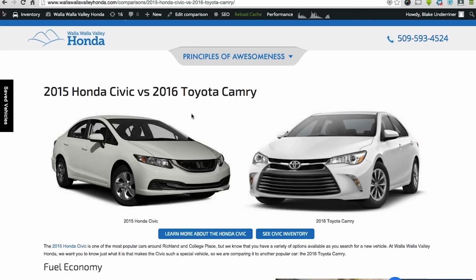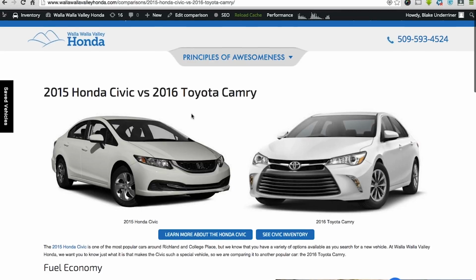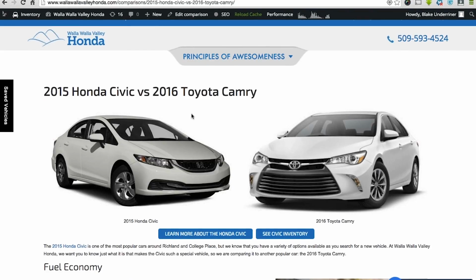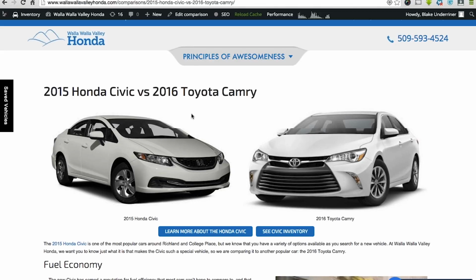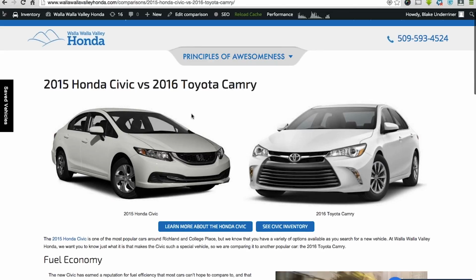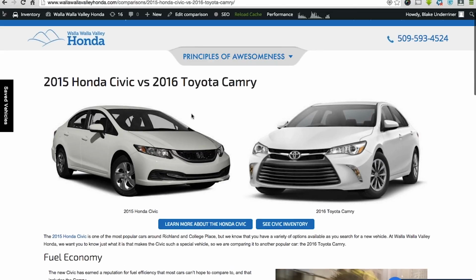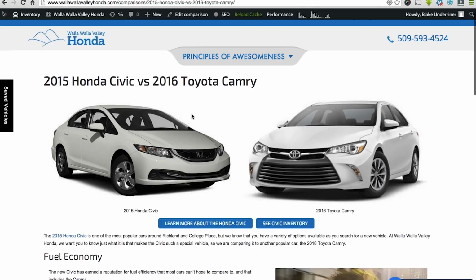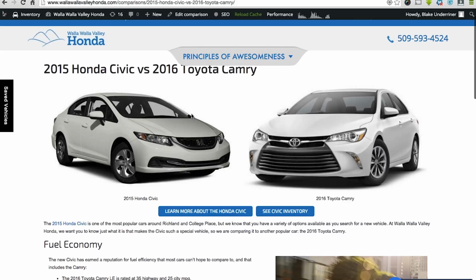So we want to present the information on this page to show that the Honda Civic is the superior choice, like we stated before. And then here's a few things that we want to make sure we're covering, where we feel as the dealership, and maybe from some information out there on the web, that the Civic is superior to the Camry. It might not be superior altogether, but there might be a few areas that we want to highlight so that when the searcher does come in, they're able to quickly find that. So fuel economy, vehicle features, overall value. Those are the things that you would want to write about,